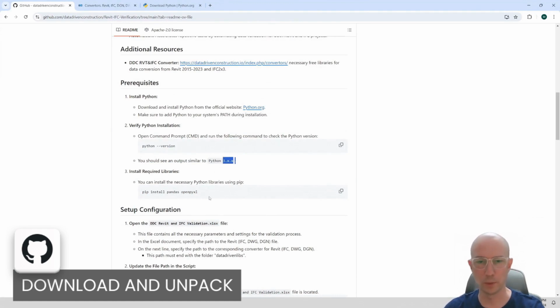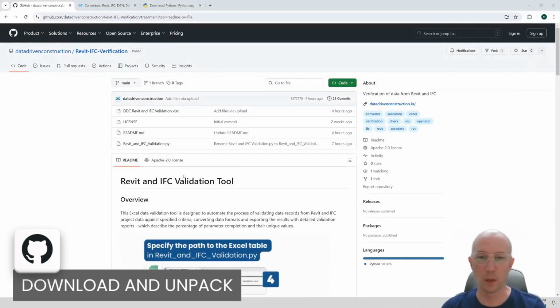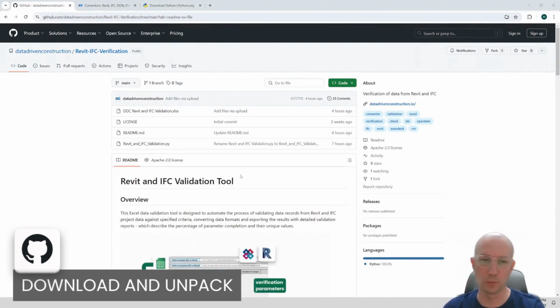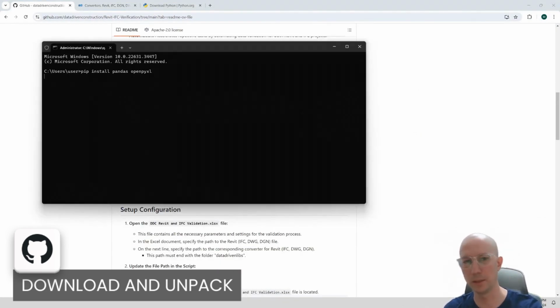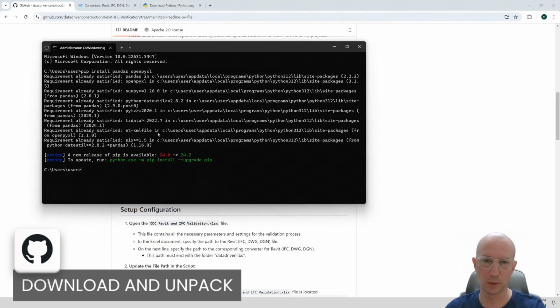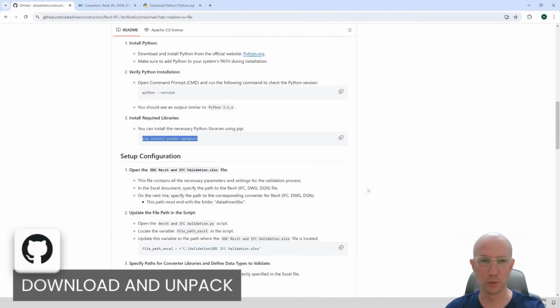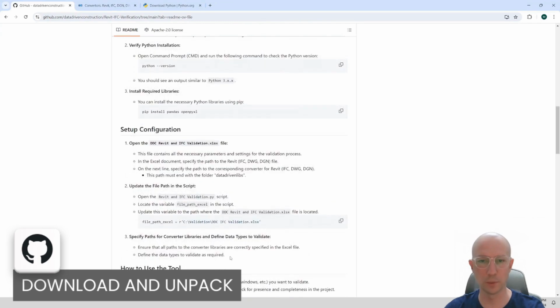The version should be above the third, and we also need to additionally download the necessary libraries that the script uses. For this, we copy the Git command. Paste the text and press enter. After that, we got some information. In this case, the command line tells me that these libraries are already installed and suggests updating them, but I won't update them since everything works with the old libraries, so as not to waste your time. So let's move on directly to configuring the script itself and its accompanying files.